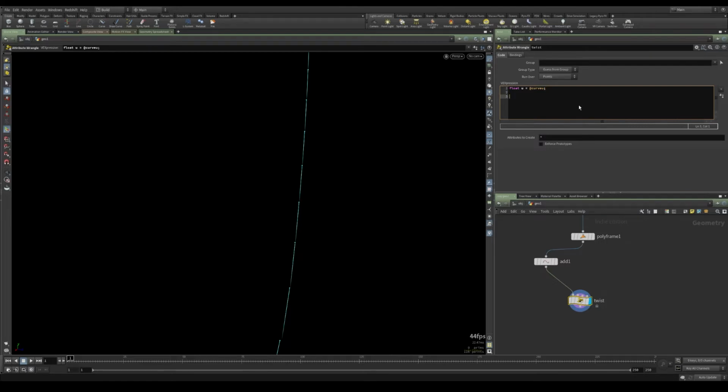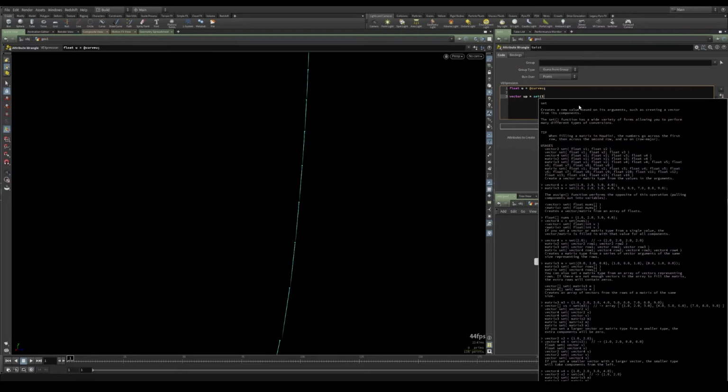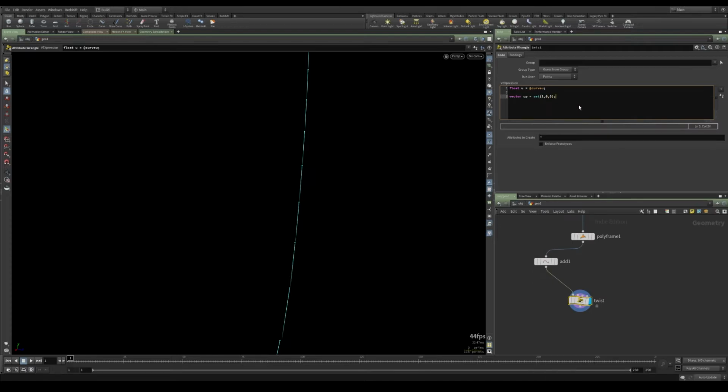Now create a vector variable called up, and let's set it to 1, 0, 0, and I'll explain to you why in a minute. Also create a vector attribute with our up variable so we can see it,